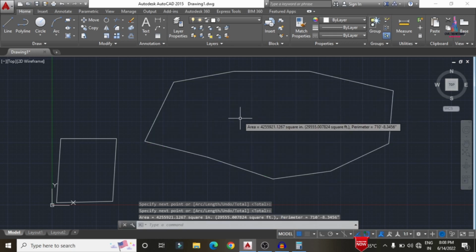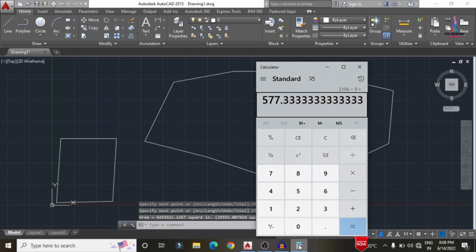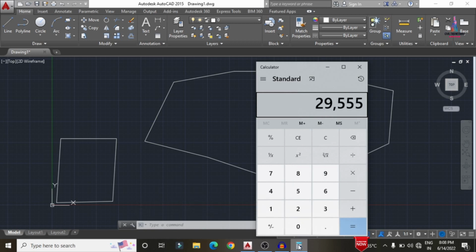Okay, click on the enter option, so that it will measure the area here like this, which comes to 4255921.1267, which is approximately equal to 38,555 square feet area. Divided by 9, we get approximately 4283.88 square yards. In order to convert these square yards to acres, initially we need to divide this value